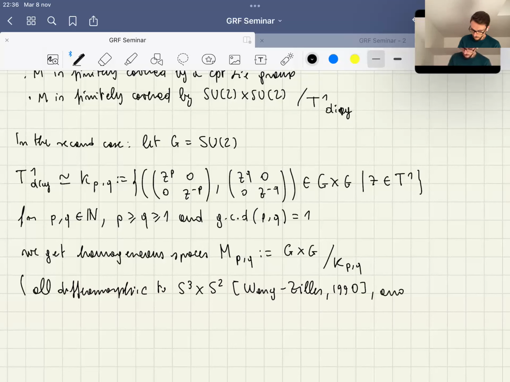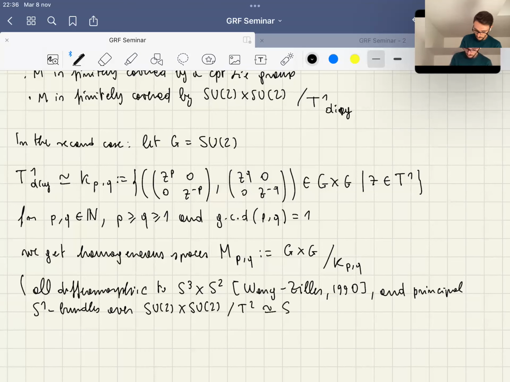And they are principal S1 bundles over SU2 cross SU2 over T2, which is isomorphic to the product of S2 with itself. So we have these spaces here, and so once you have this presentation here, you can work out which are,